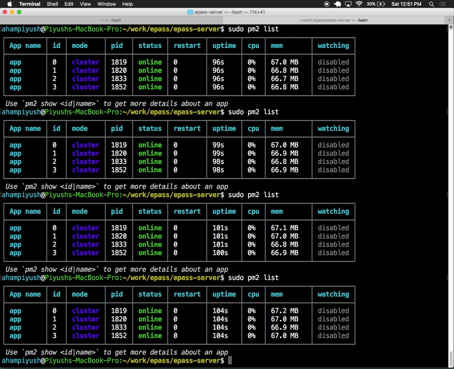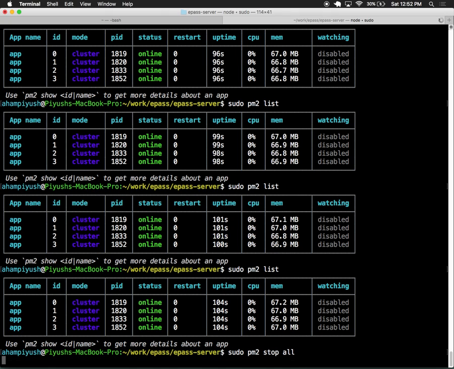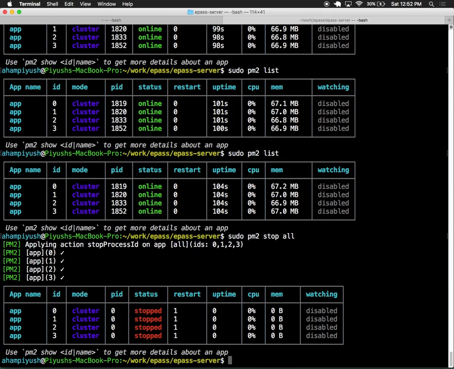So if it crashes, the restart count gets incremented. Okay, so you can also do pm2 stop all. So everything is stopped. Yeah, reload all, stop all.